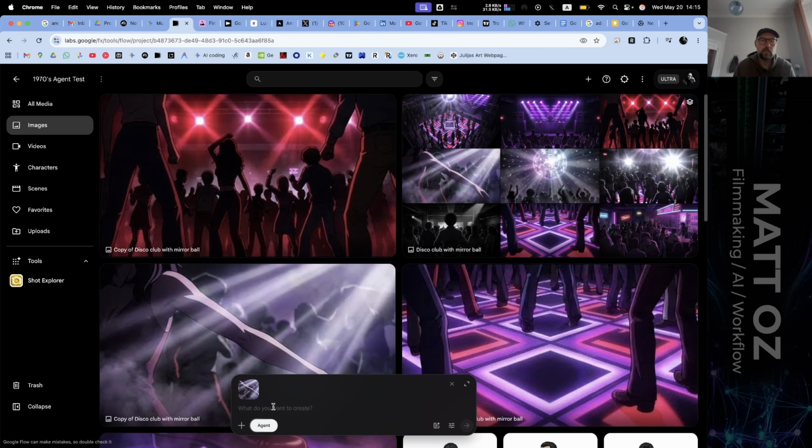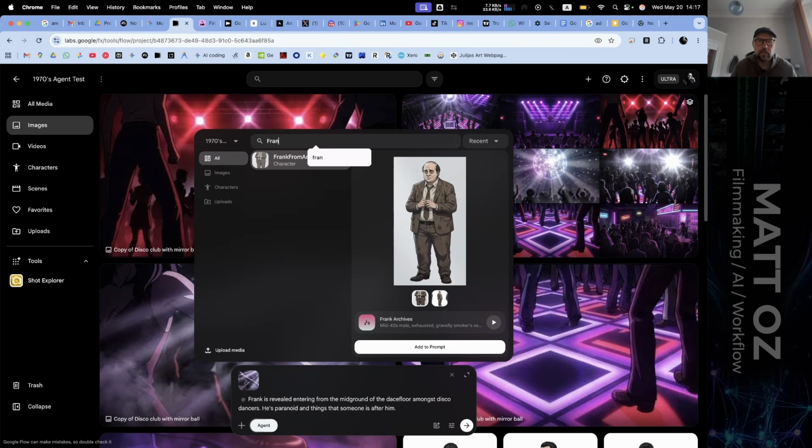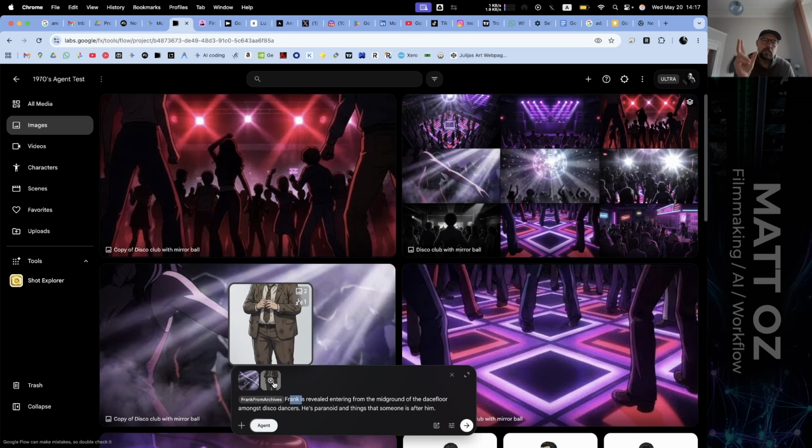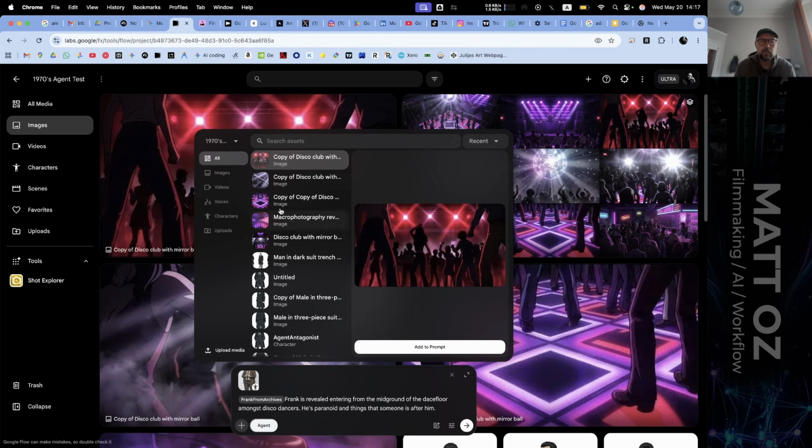So I'm still getting used to the UI here. This is the lazy prompt. It's a very human kind of instruction. So it's not Frank, it's at, and then you can type in Frank from Archives. I do have a suspicion that the order in which you add your image references can have an effect on the video model's logic in interpreting the instruction as well. We're going to go for environment first. I think you're meant to go for subject first and then environment. So let's try that first. It'll be about Frank and then the environment he's in.